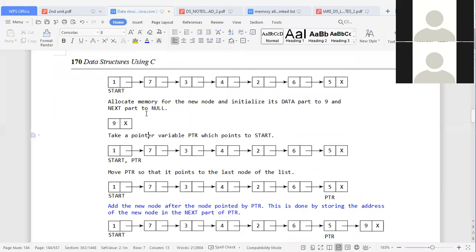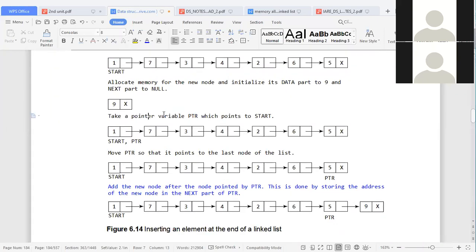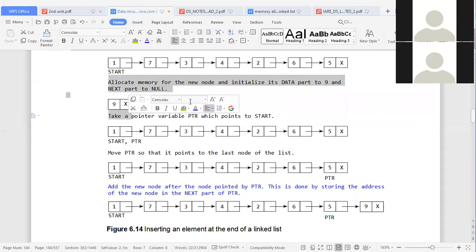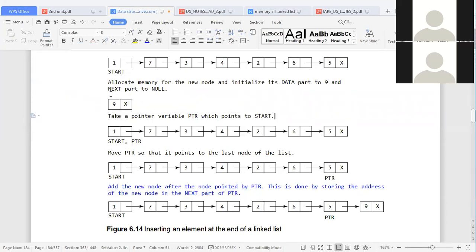So first copy the diagram, all of you. 1, 2, 3, 4, 5 different steps are available, and this is the important step. This particular step is only for getting a node from the memory, adding some data, and adding a null value in the address field.